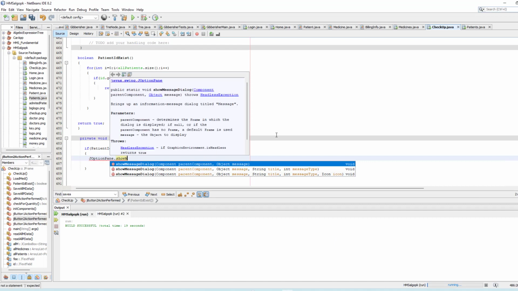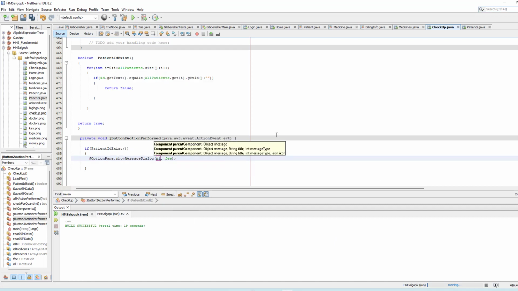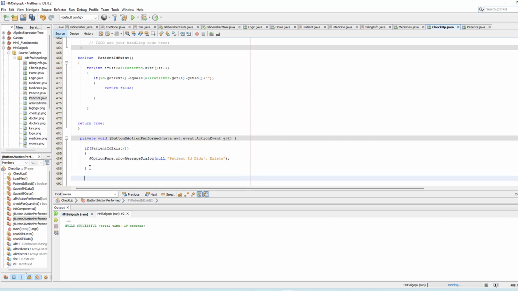So message dialog null, and here we have to display the message "this id didn't exist." Okay, exists. Okay, else what we have to do,